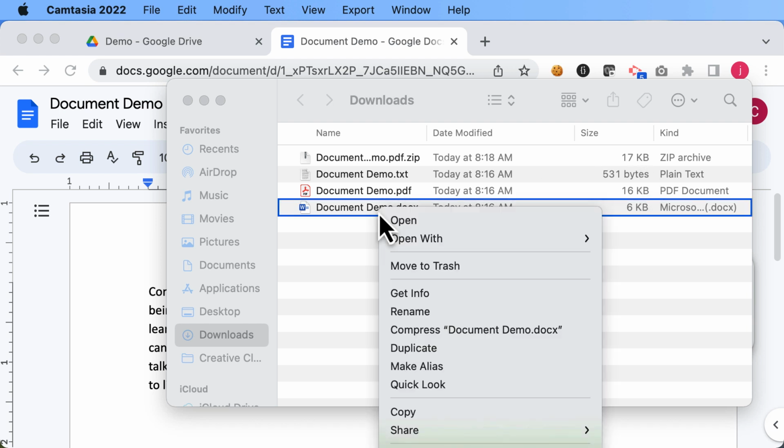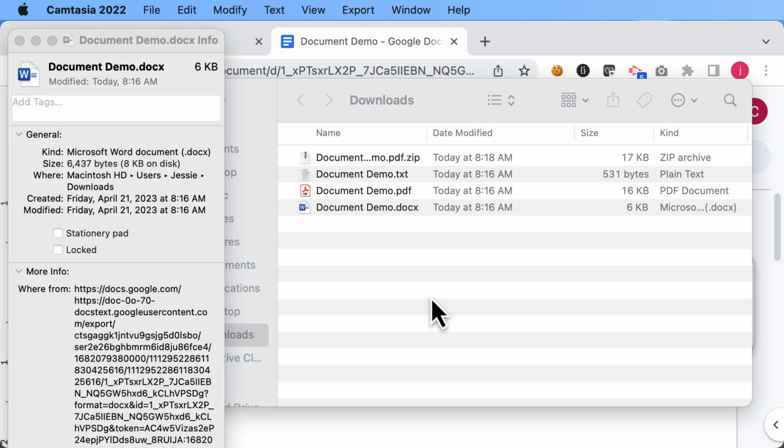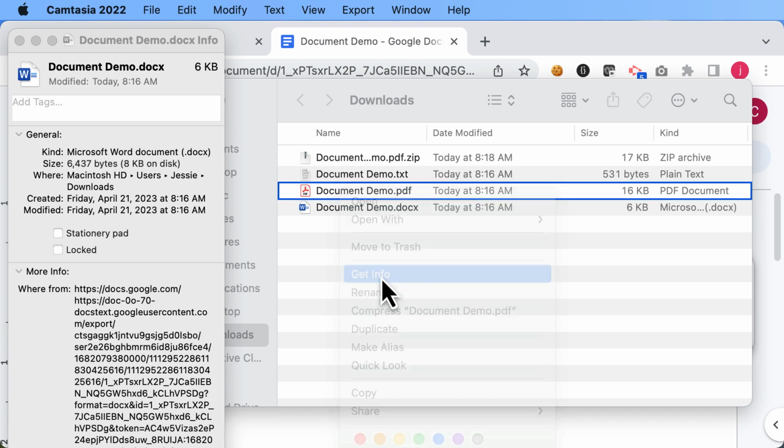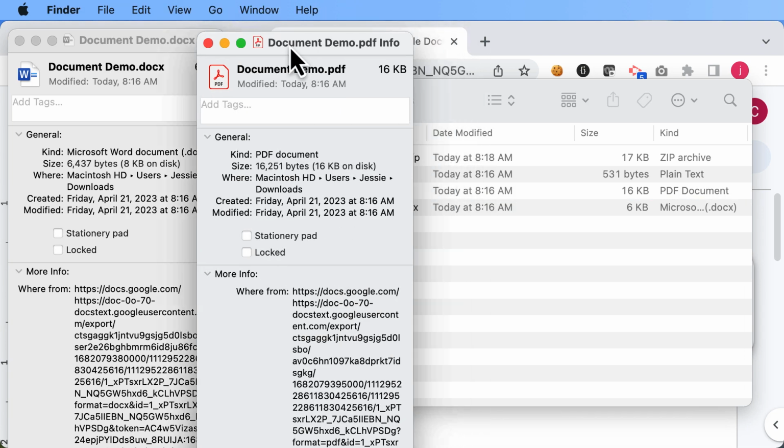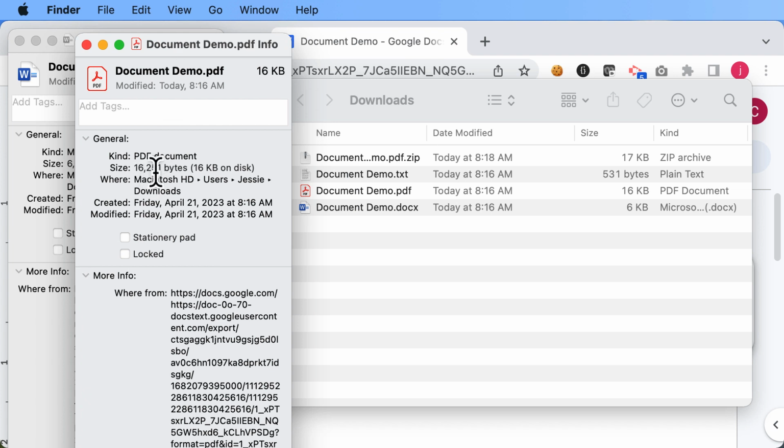Word document, and if you're using a Mac like me, you would select Get Info. If you're using a Windows computer, it may be called Properties. This tells me that the size is actually 6,437 bytes. We can do the same for the PDF file and see that the size is actually 16,251 bytes. The zipped PDF